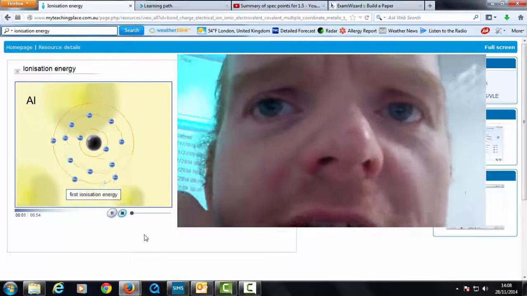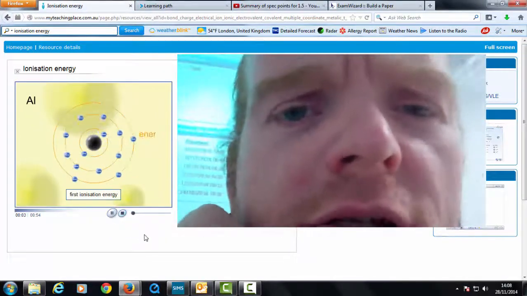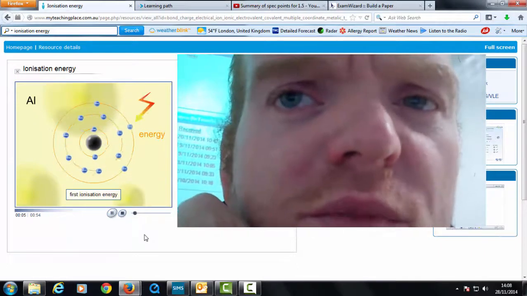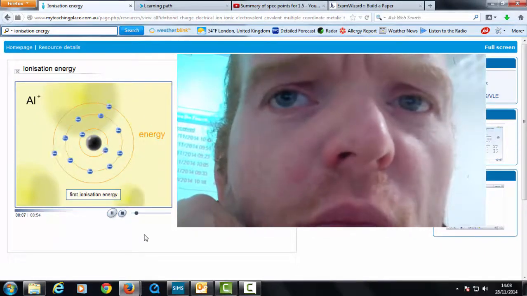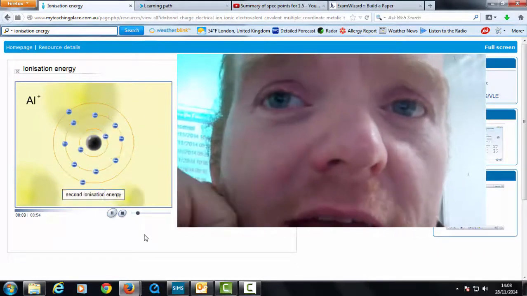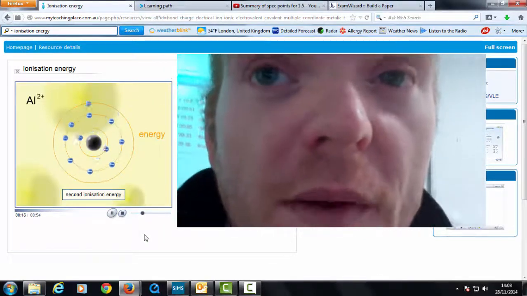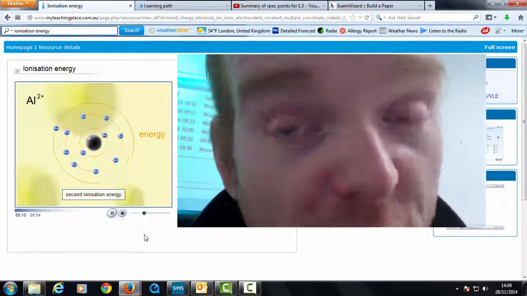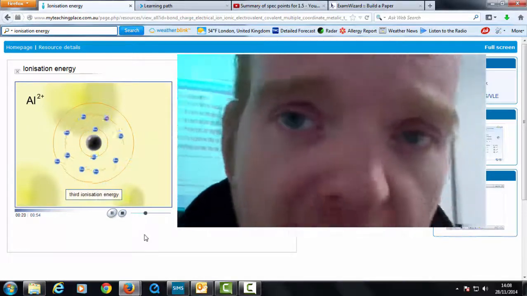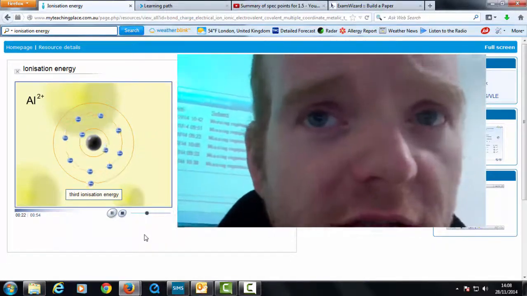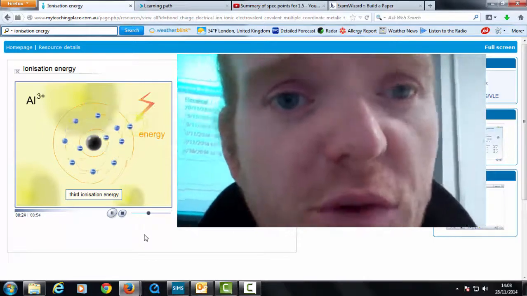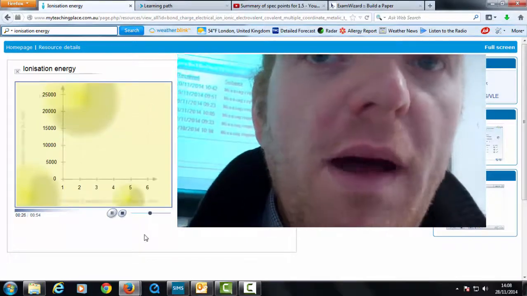Ionization energy is the energy required to remove the outermost electron from 1 mole of atoms in the gaseous state. The second ionization energy is the energy required to remove the second electron from 1 mole of the 1+ ions in the gaseous state, and the third ionization energy is then the energy required to remove 1 electron from a 2+ ion